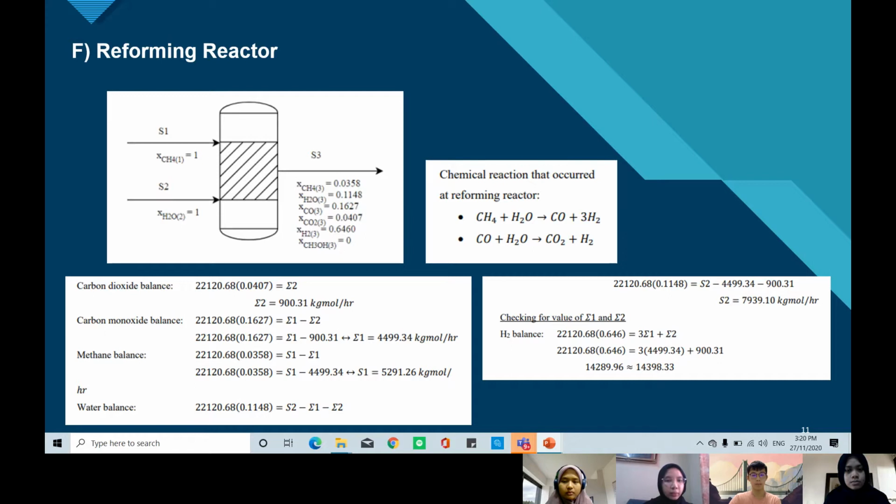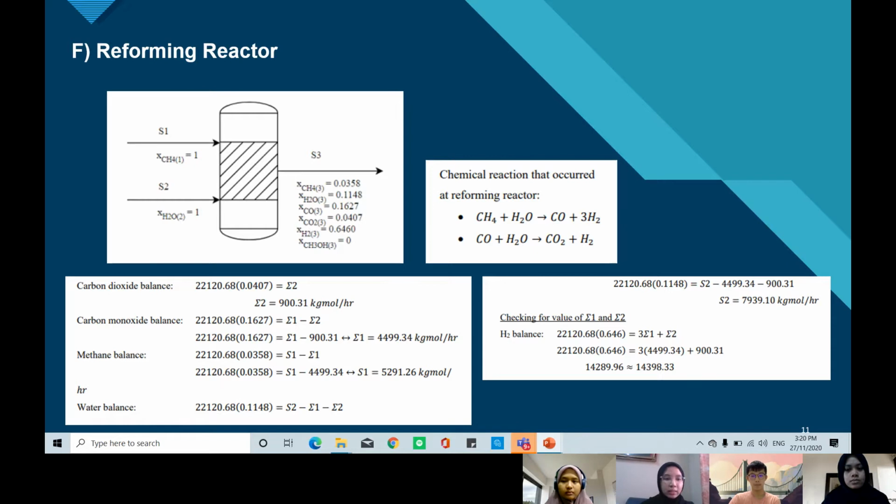For the methane balance, we can get that S1 is equal to 5,291.26 kilomole per hour. And for water balance, we can get that S2 is equal to 7,939.10 kilomole per hour. For the checking value of epsilon 1 and epsilon 2, we can get that percentage difference